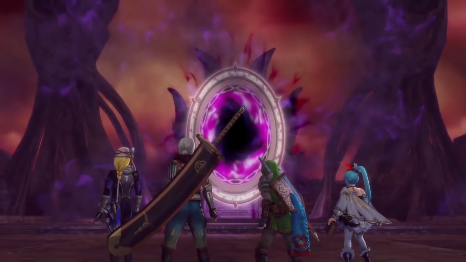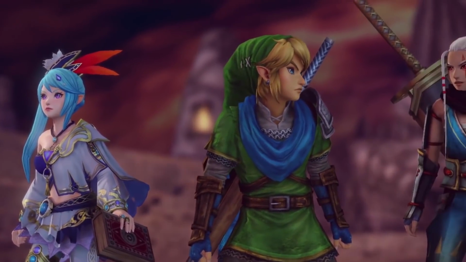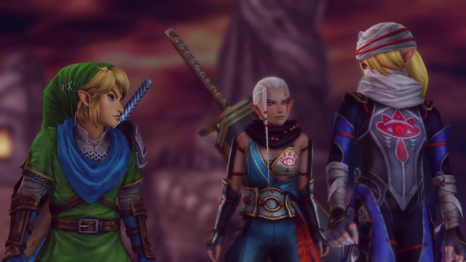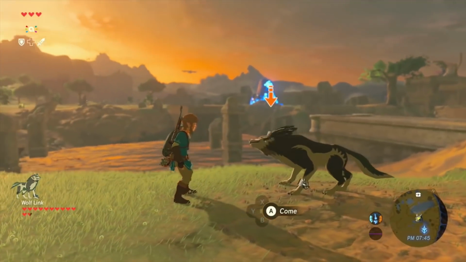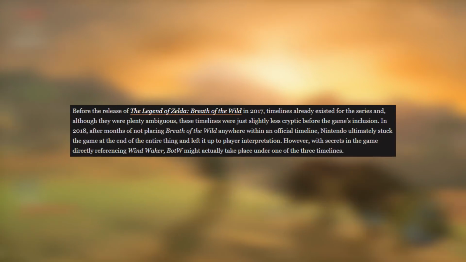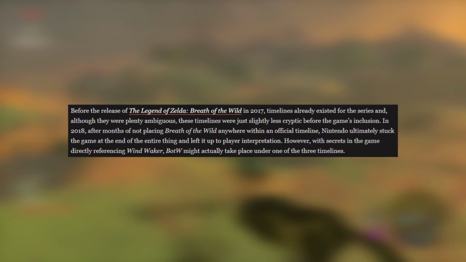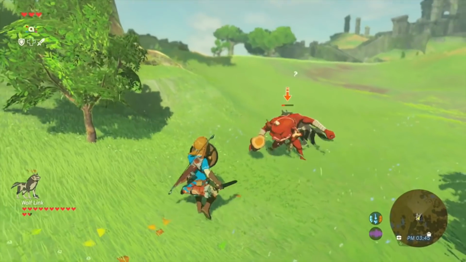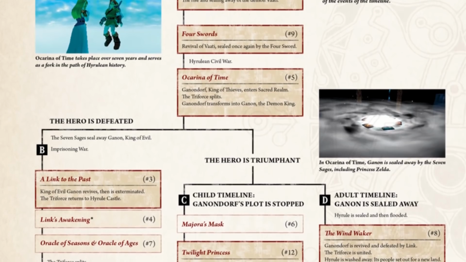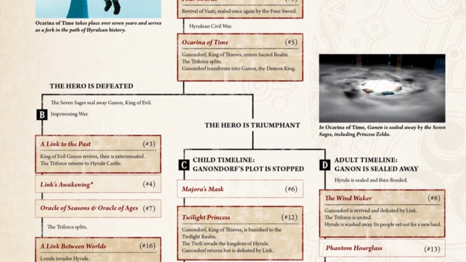What if the Sheikah came across the goddess/guardian of time during the technological boom and somehow imitated the Gate of Souls, or even used it? It was previously mentioned by the Game Rant article that there are Wind Waker references in Breath of the Wild, but there are actually references to lots of games in the game, and these games span every timeline split.